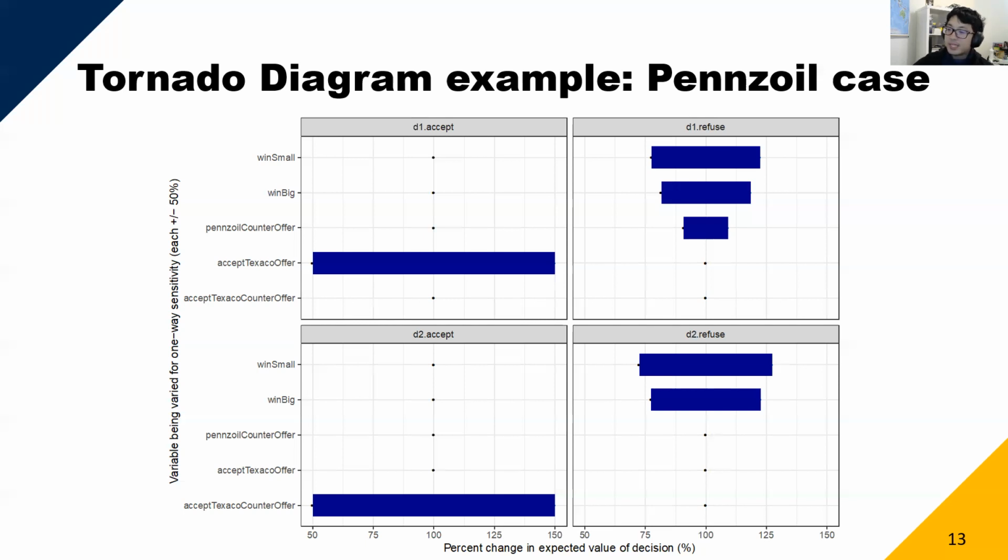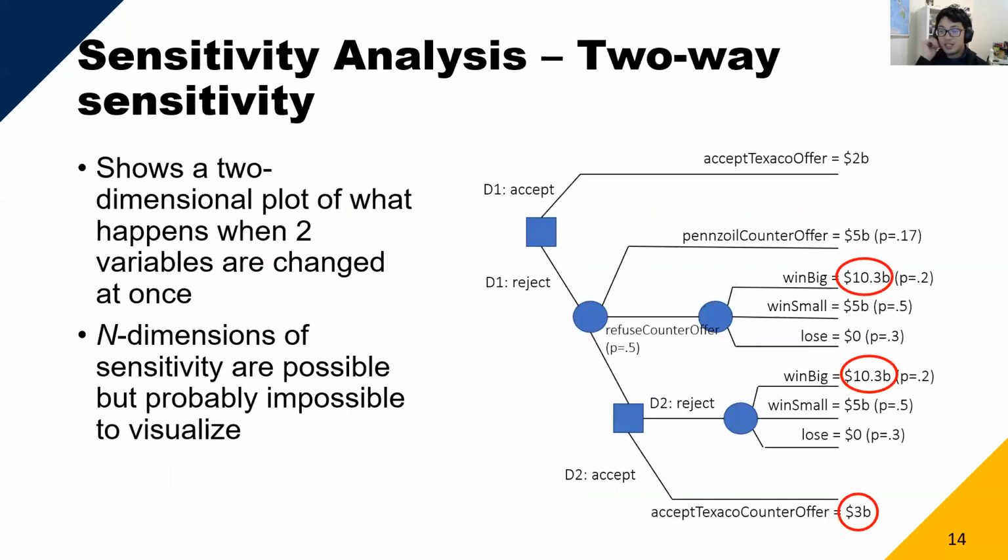So basically, the point here is that it's an easy thing to do where I could vary things plus or minus 50%, and I can quickly identify which factors get influenced the most in your decision-making process. The interesting thing